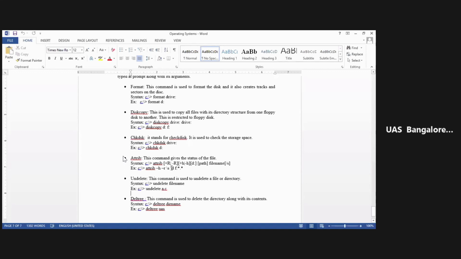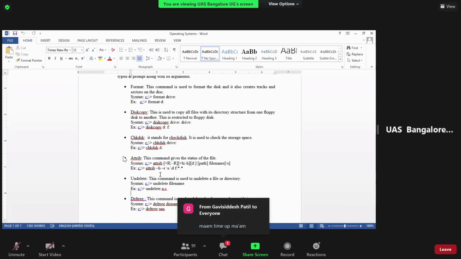Then star. When you use this particular command, you can copy this command and see. Say you have put some file into the pen drive, but the pen drive seems empty. The file is not being seen. That means the file has been hidden. At that time, you can use this particular command and retrieve the file. So these are the DOS external commands.